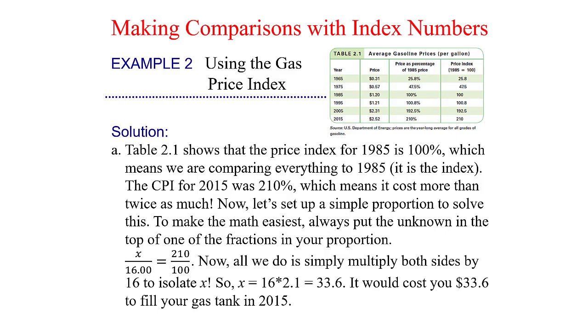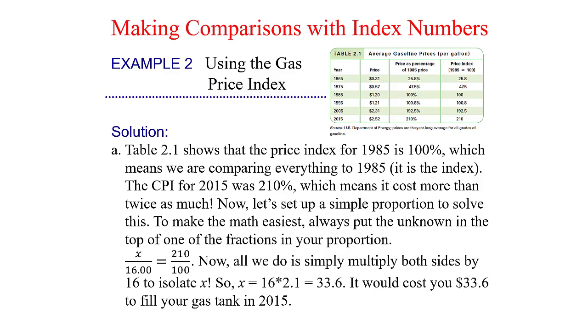And we set up this beautiful little easy ratio here. To solve that, all we do is simply multiply both sides by 16 to get rid of this number, to isolate x. That's why I say if we always put x on top, it makes the math easier because you literally only have to do one thing. You multiply the other fraction by the denominator of this one to get rid of it so that x is all by itself. So x is going to be 16 times, of course, 210 divided by 100, which is just 2.1,